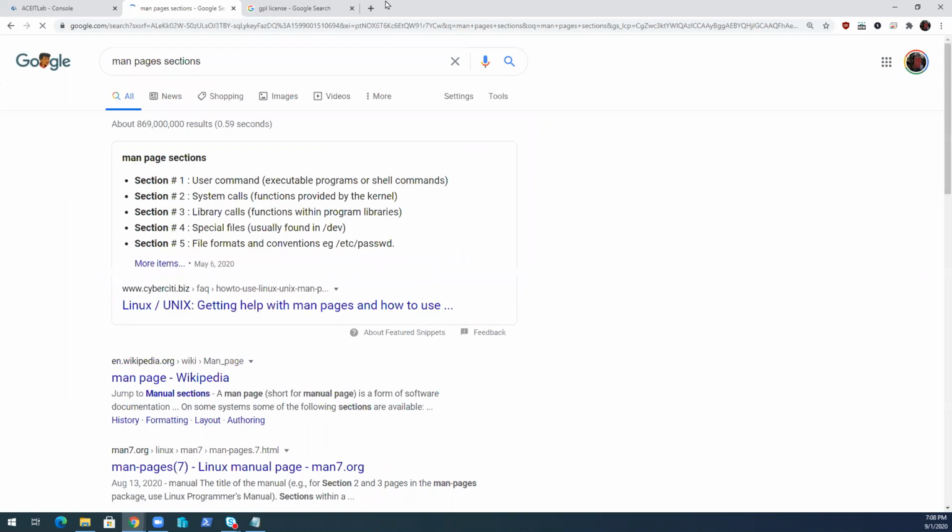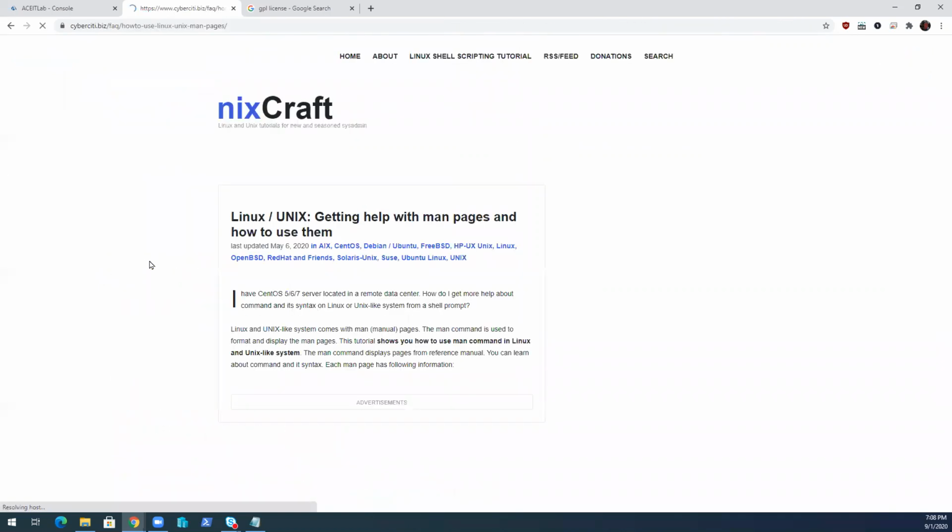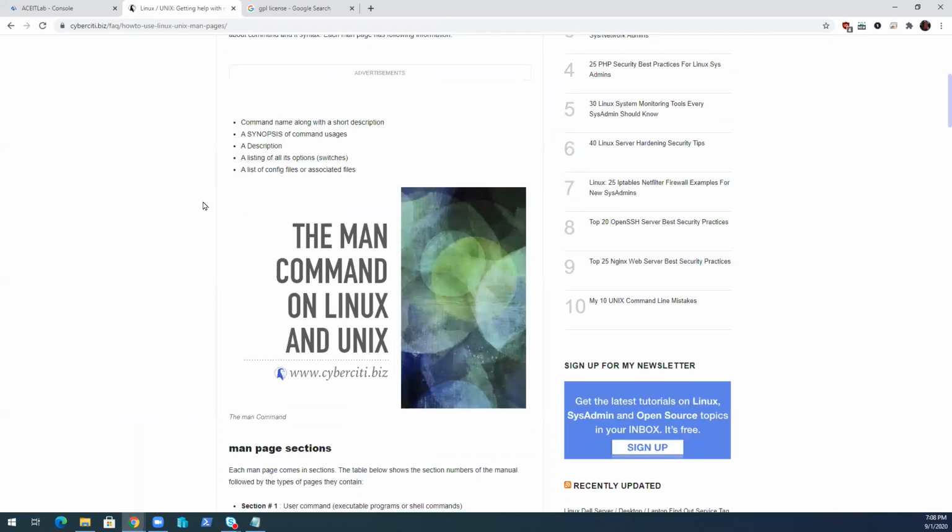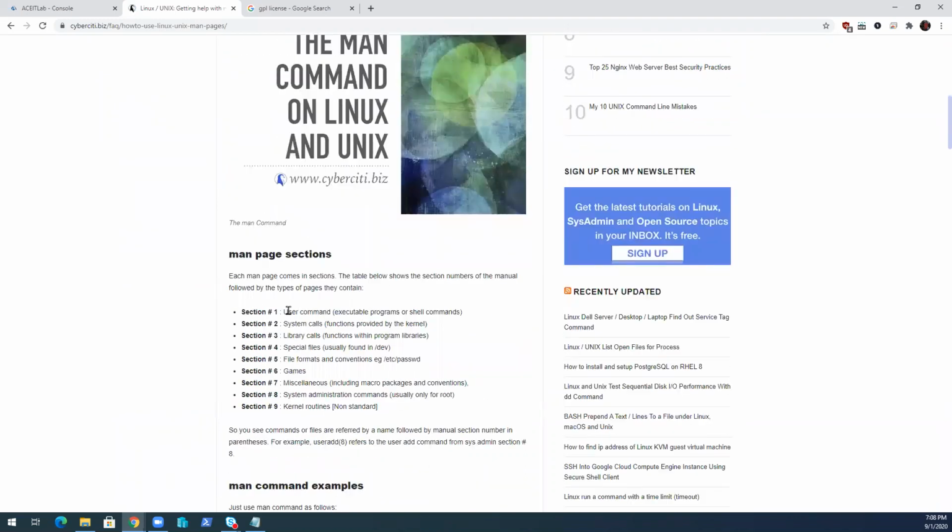And in the man pages, there are multiple sections. So you have section 1, which is user commands, and section 2, system calls, so you can see if a command has any interaction with the kernel. Then library calls, any special files that it needs, and file formats. Normally, section 6 will be a little... does anyone know what an Easter egg is